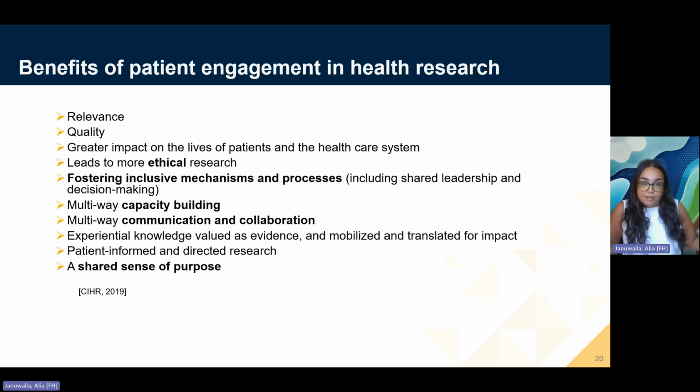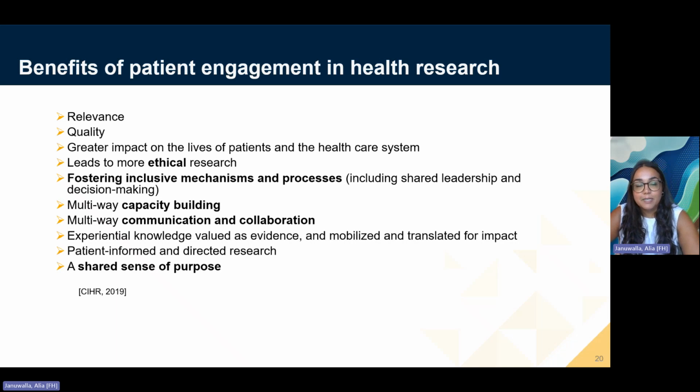There's a lot of other benefits, of course, of patient engagement in health research. Just to reiterate some of these, it improves the relevance of the research and makes it more likely to actually have an impact on patients. It improves the quality. There's a greater impact on the lives of patients in the healthcare system. It leads to more ethical research, fosters inclusive mechanisms and processes,